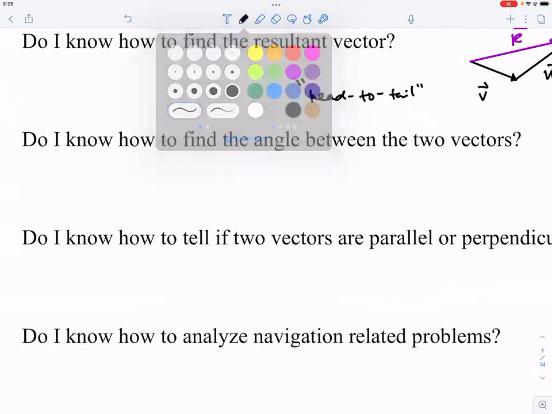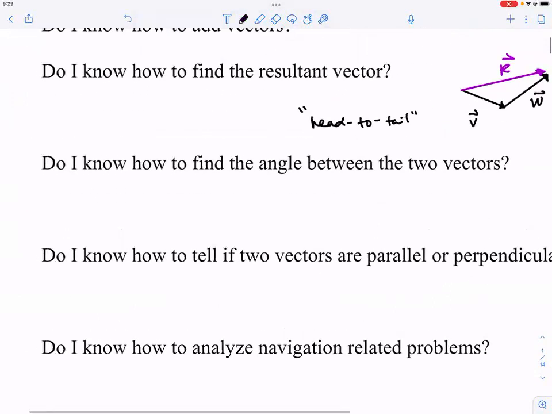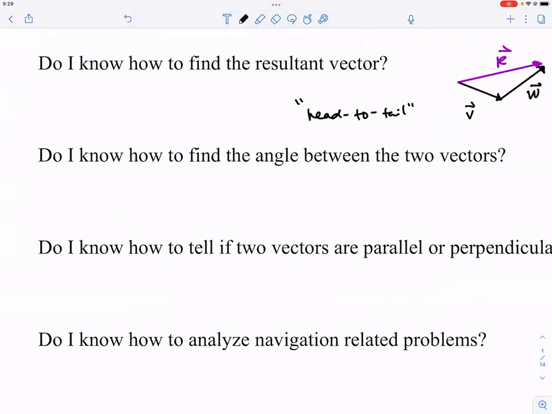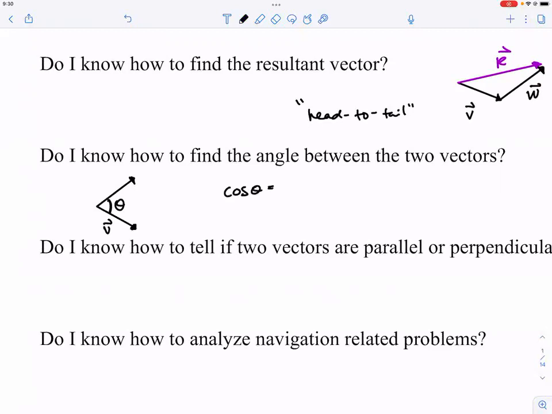Now, what does it mean? If I ask what's the angle between vector v and vector w, that means v is like this, and w is like this. In this case, we are not connecting these together from head to tail because we are not finding the resultant, but rather we are finding this angle right here. What is this angle? To find this angle, we have an equation. Do you know the equation? It starts with cosine theta equals